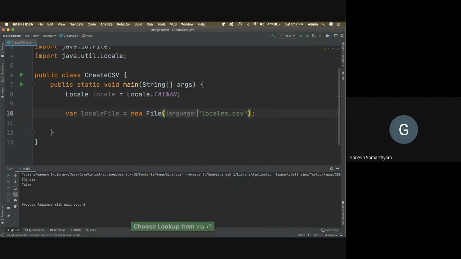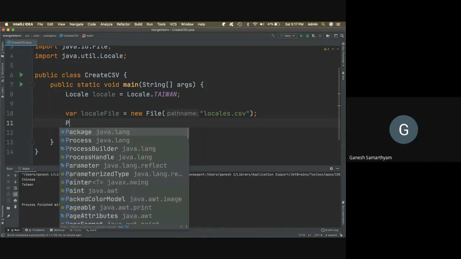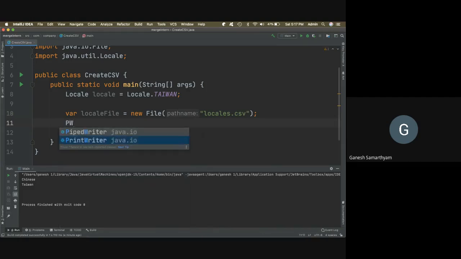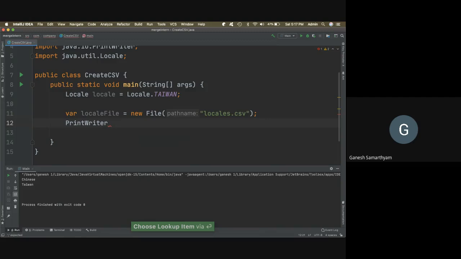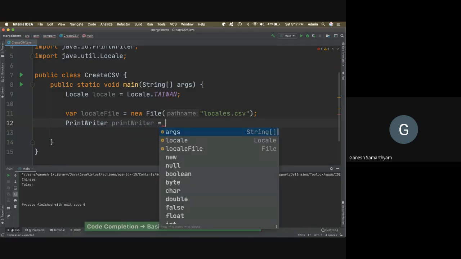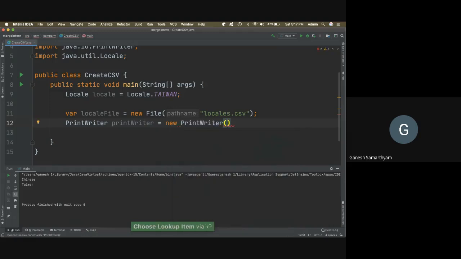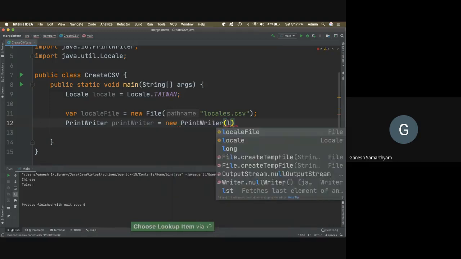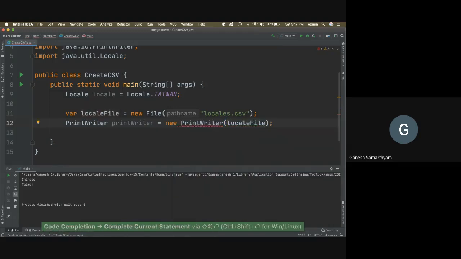I got a new file, and I want to use this file to write into a print stream, right? So I need a print writer. So PW, print writer, get the help from IntelliJ IDEA: print writer equal to new print writer. And what does the print writer write into? Locale file. And complete with a semicolon.